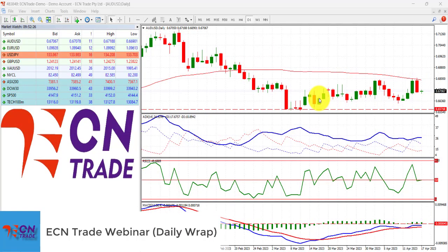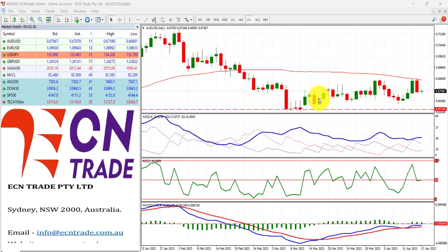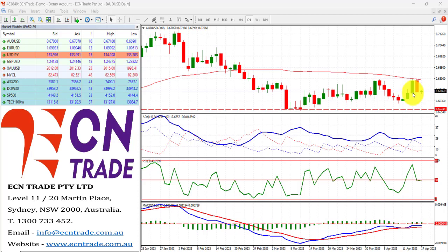Well, it would seem that the market has kicked off to a slow start to the new week after Friday's strong sell-off. After rejecting the 60-day moving average, the market is now poised for a further down test that could see anywhere as low as 65.90